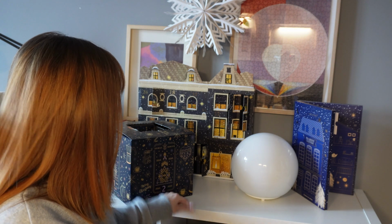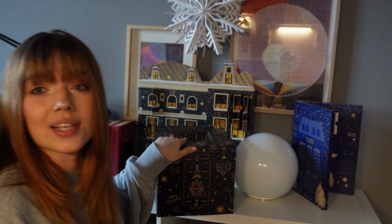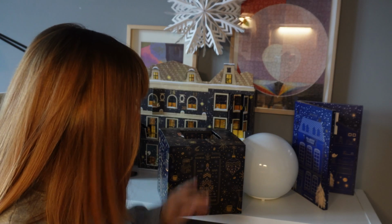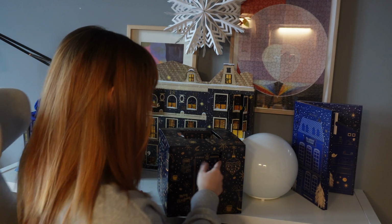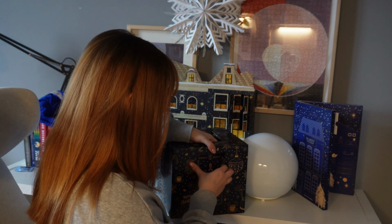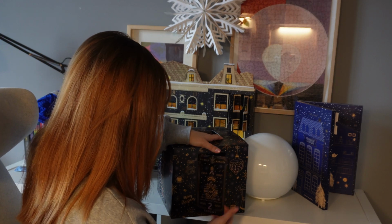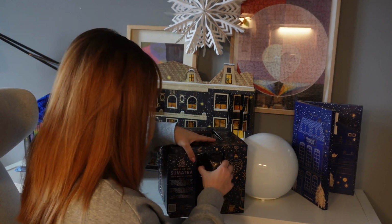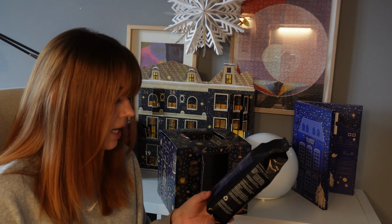Today we have a bit more because I have this coffee calendar that I'm opening once a week because it has just 4 bags of coffees. So today we will open the second one as well, which is a bit open already. I think I opened it from the wrong side. Anyhow, I have Sumatra